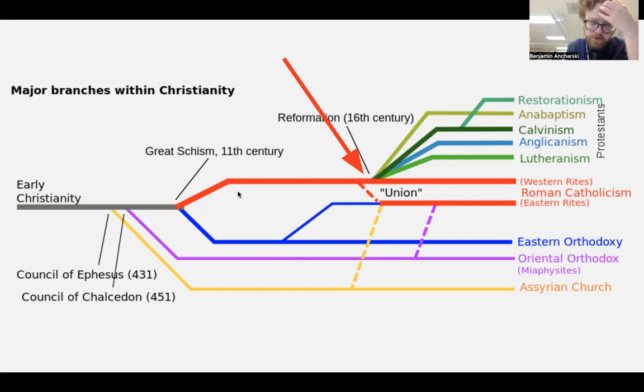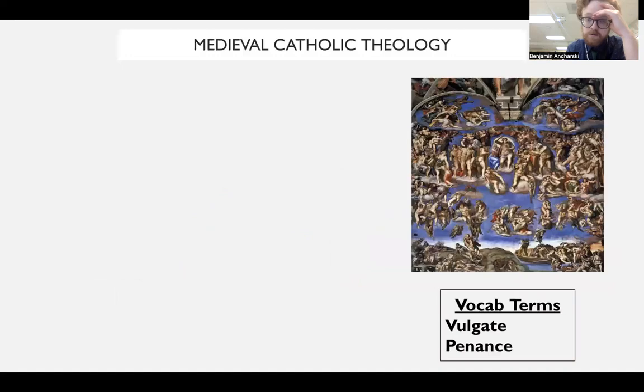So we're going to talk today about this time period right here where the arrow is conveniently pointing, and that is going to be the creation of a new type of Christianity, and that new type is Protestantism. So the 3 big branches of Christianity: Catholicism, Orthodox, and Protestantism. And Protestantism itself has like a billion different forms of it. There's Lutheranism, Anglicanism, Calvinism, Anabaptism, etc. All right, let's keep going though.